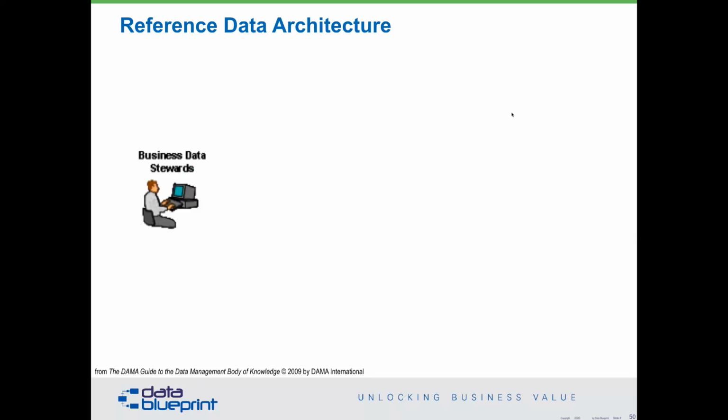Anyway, back to our MDM. The business data stewards will determine what the allowable values are. They manage the codes that we are using in the organization. They are the ones who will go through on a regular basis and say, stop using UK when you're supposed to be using GB. In fact, what they'll try to do is build into procedures checks that make sure that none of this polluted data gets into our system without being checked first.